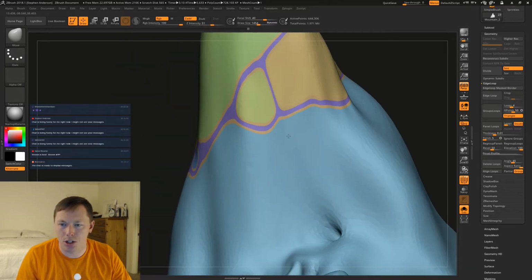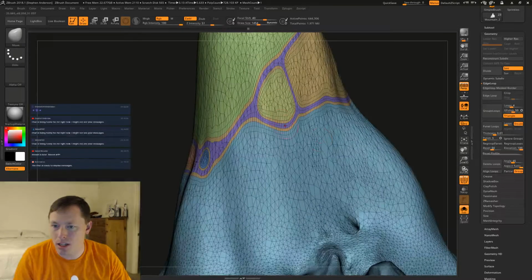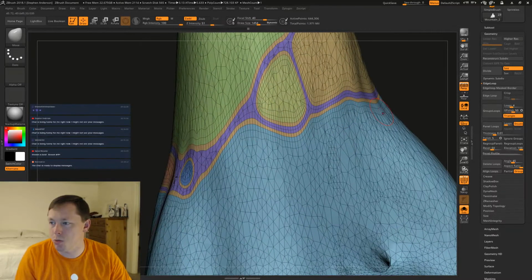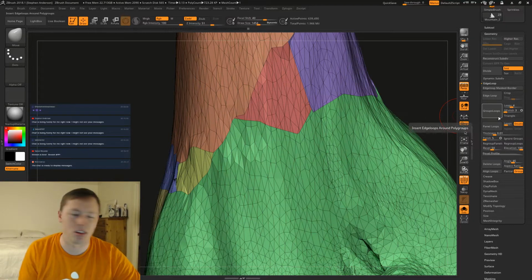Way too polished. Okay, this is a problem. This is not something that I want to have happen. It's just too smooth. So we're going to take this group polish down to something below 5, just to be able to try it out. I like to turn off triangles. Sometimes it's good, sometimes it's not so good. We'll have to see.